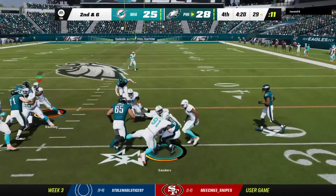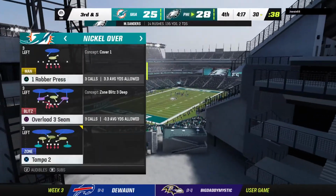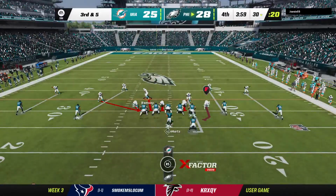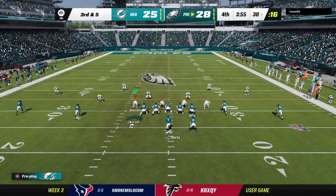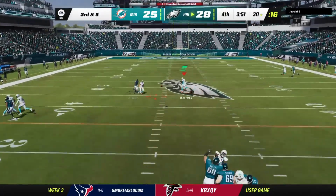Another run here with Sanders. And he'll scratch out a yard up to the 30, and that's all. This defense starting to buckle down when they need to, and right now they're winning this fourth quarter, losing the game, but they're winning in the fourth quarter. And what a fine line it is about what they're trying to get done, because they're down, so they obviously...